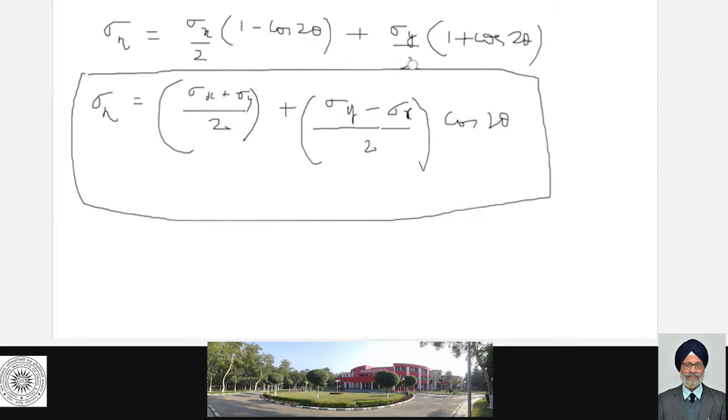So by this equation we can find out that is the sum of the stresses in the x direction divided by 2 plus the difference of them divided by 2 into cos 2 theta. So let this equation be 1. It is a very important equation, you have to remember. We will use this ahead, okay? Now